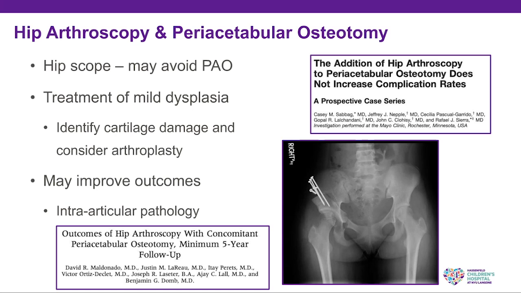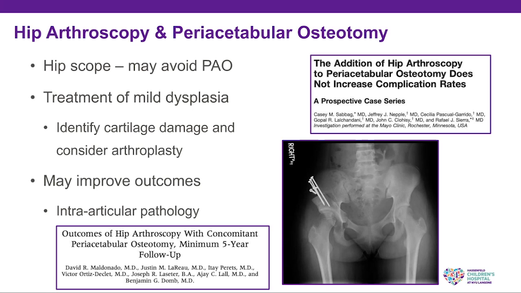So if you have an intermediate age patient and you're considering doing a staged procedure where you do a hip scope and ask, do I think this person is going to be a good candidate for a PAO or not,